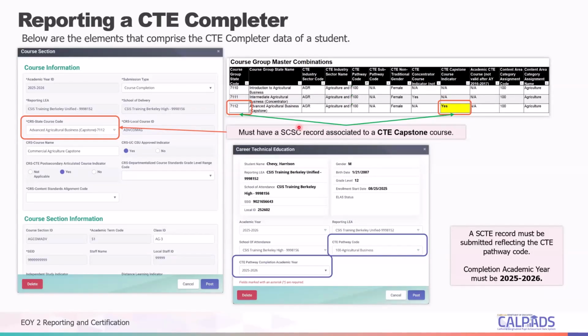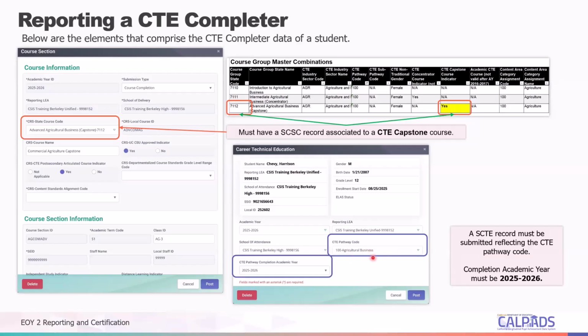All right, this slide shows where in the CRSC a capstone is identified. So again, you have here the student is a CT pathway completer this year, 25-26, with a CT pathway code of 100. So the expectation is CalPADS will look at the capstone course reported this year as well.